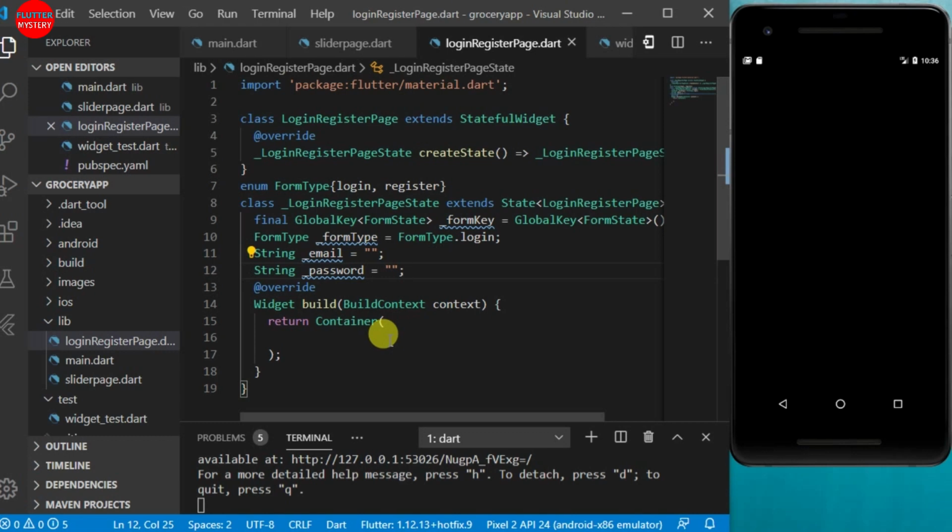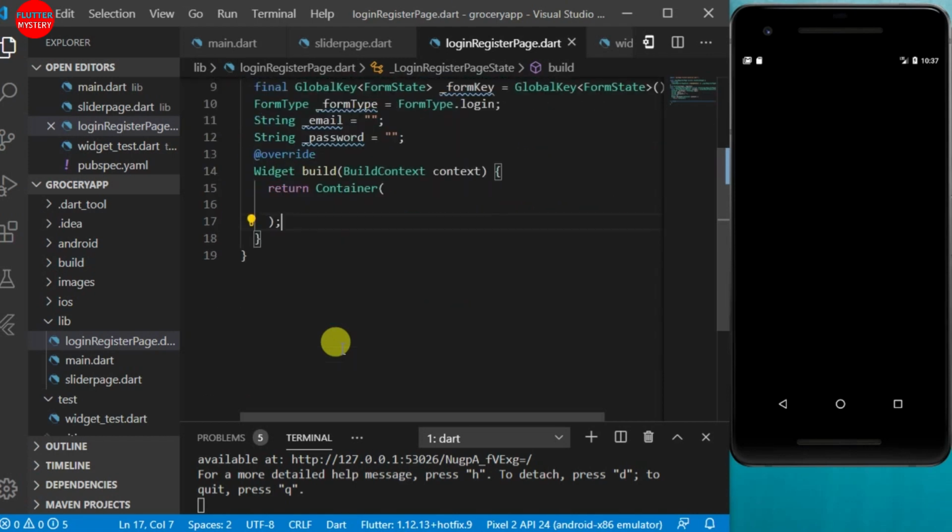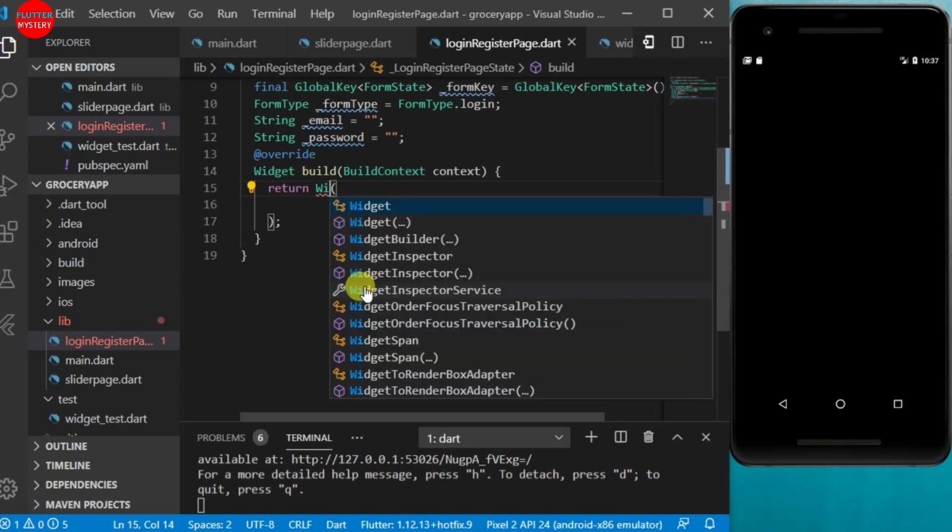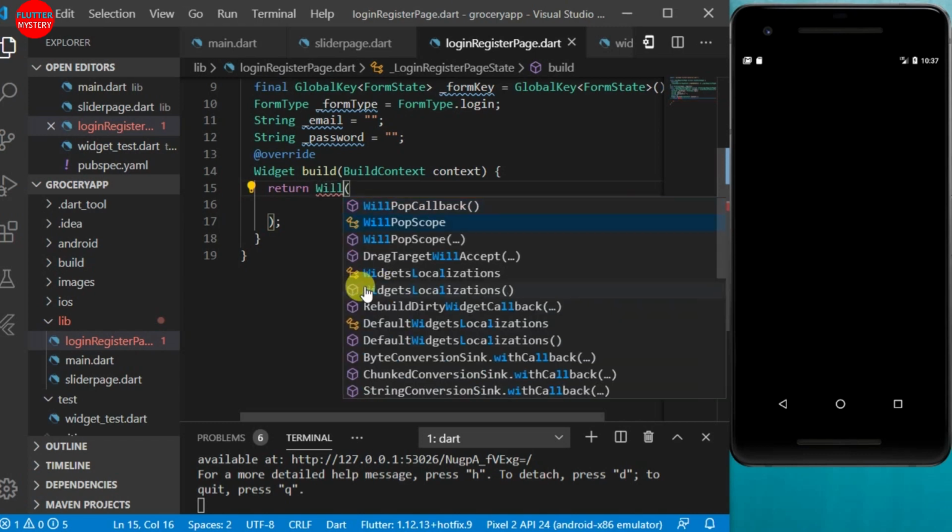Alright, so I think this is somehow the most important thing. Yes, so let us start designing. Okay, we will not return a container but a will pop scope. Examine this,